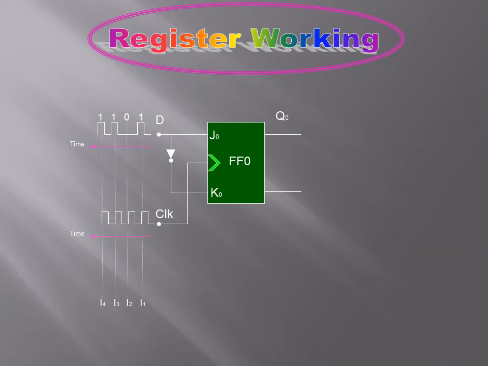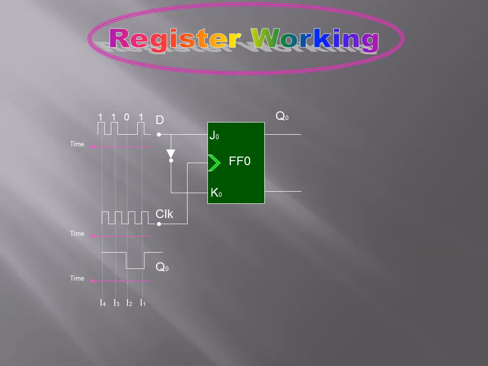So if 1 was there and the rising clock pulse came, the output will go high with the rising edge. 1 was available at the input, and then the rising edge arrived, the output went high,